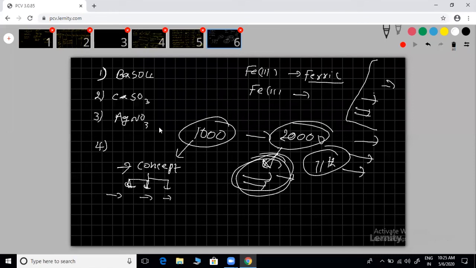Your thought should always be different. When you see one subject, one person can see one corner only, and another person can see something else, a different way of seeing it. Science is like that. Even in front of you, your view of an object is different. That's why science is always different. You have to see it in a new way, always a new method, different methods and different directions. I think you understood. This is the starting of classes, leave that.